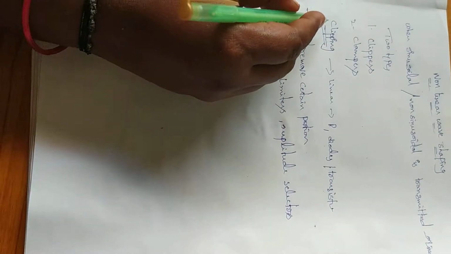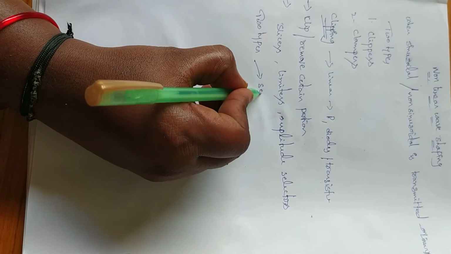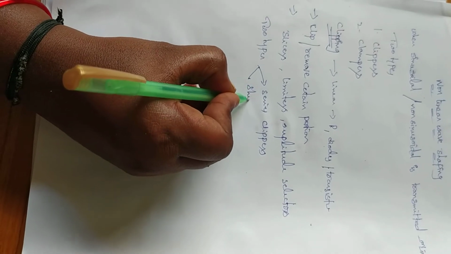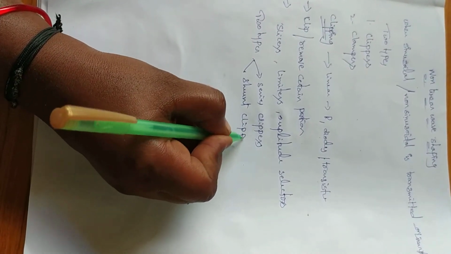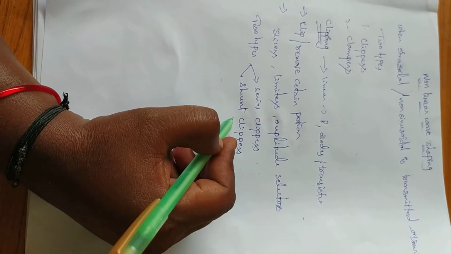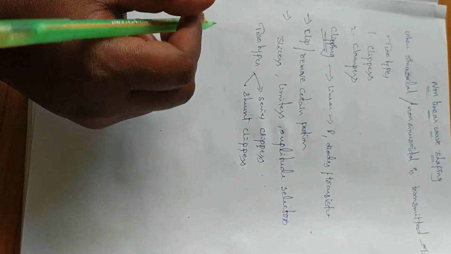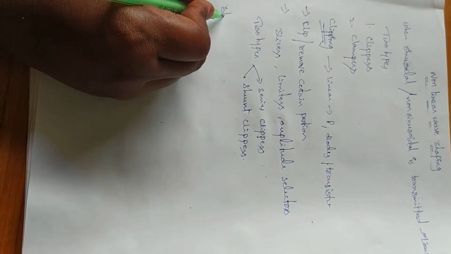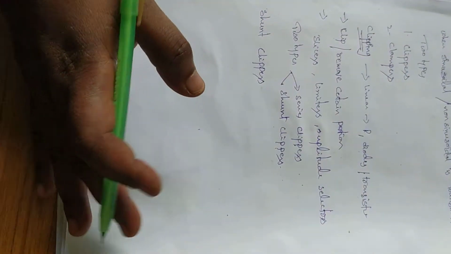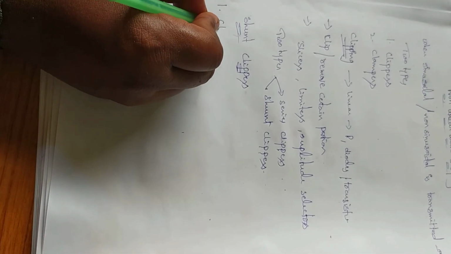Clippers are classified into two types. They are series clippers and shunt clippers. In series clippers, the diode is in series with the load. In shunt clippers, the diode is in parallel with the load. First, we discuss shunt clippers. These are also of two types, the first being clipping above the reference voltage.